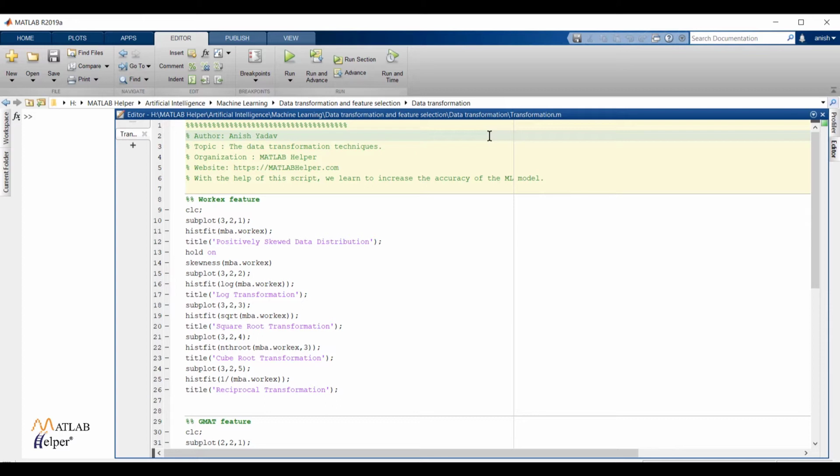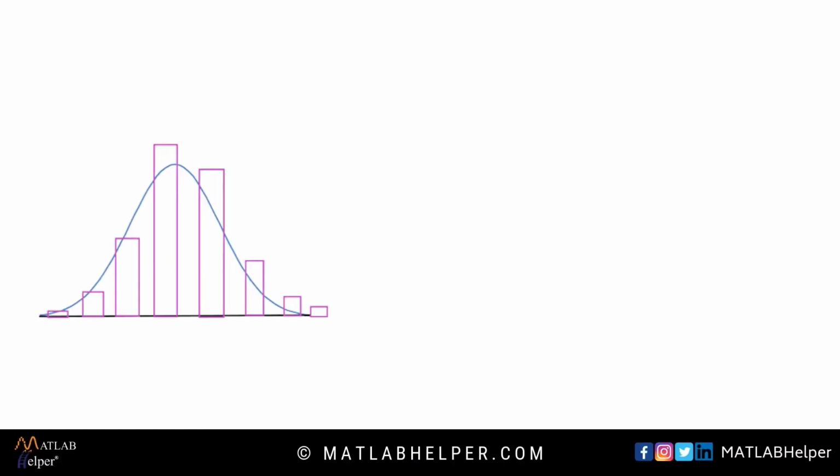If our data is skewed and has a huge peakedness, we have to use a transformation which can compress data. Square root, cube root, log and reciprocal are examples of compression techniques. Each technique has its own advantages and disadvantages. And if data is skewed and it is already compressed, we can make data normal by taking square and cube transformation. Over here you can see data distribution is positively skewed and data has a huge peakedness.